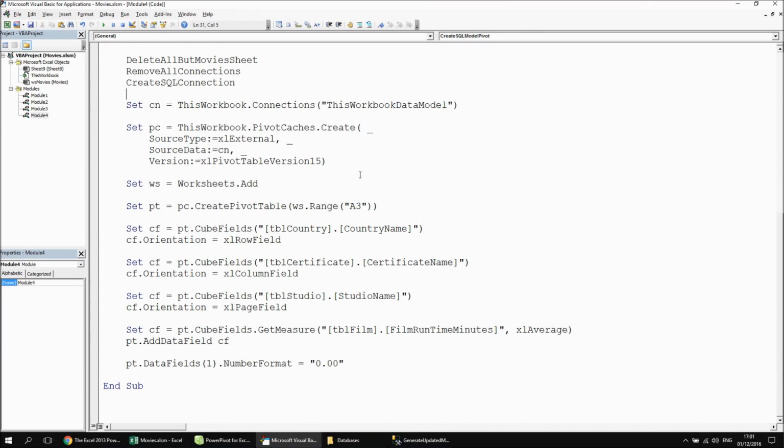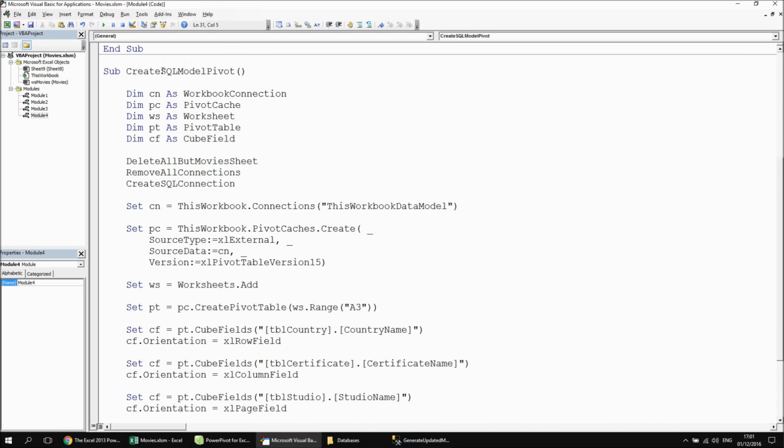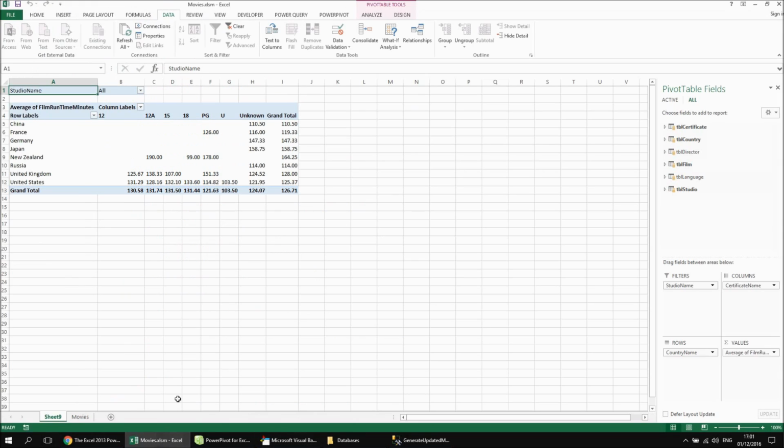So once again, all I should need to do at this point is run the create SQL model pivot subroutine, and that will generate a new worksheet with a new pivot table, but this time it should all be connected to SQL Server. So once that's finished, switching back into Excel, having a quick look,